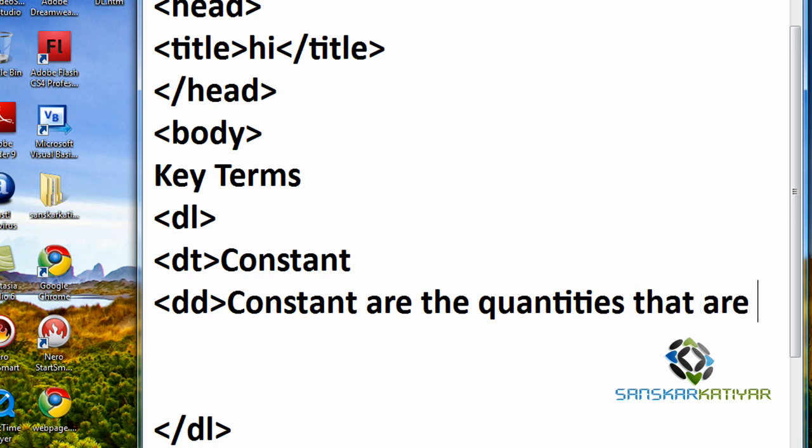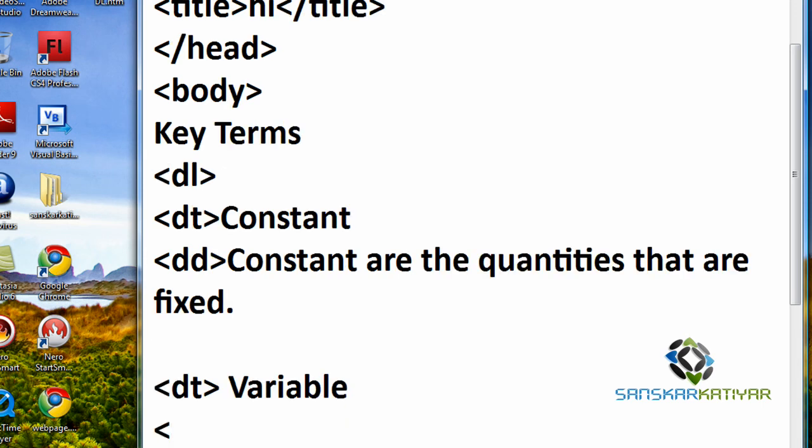Constants are the quantities that are fixed. Okay, if we want to have another definition, we're going to use another DT definition term. Variable is the definition term we will be using, and the definition is